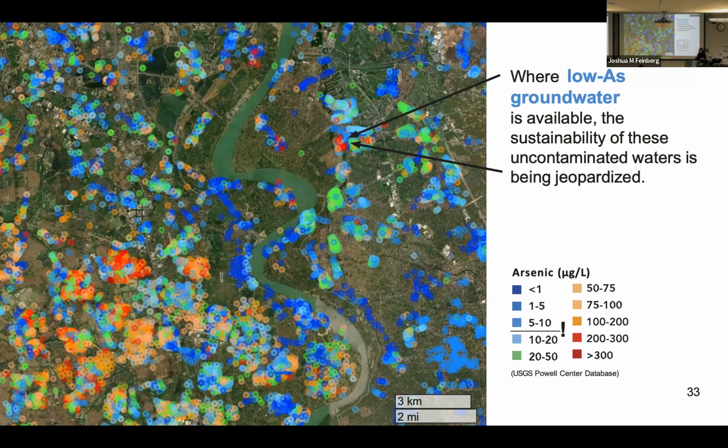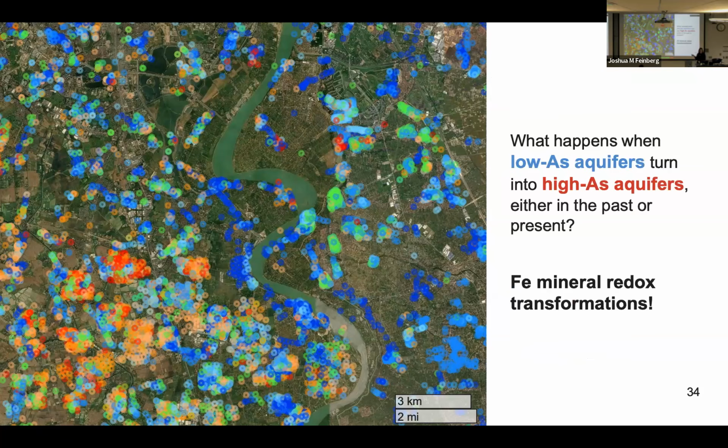So what happens if these low arsenic aquifers become high in arsenic? And that's one of the motivations behind my work, is to investigate this question. What happens when these low arsenic aquifers turn into high arsenic aquifers, either in the past or due to perturbations that are happening nowadays? And to answer this, as you already know from my title, we can look at iron